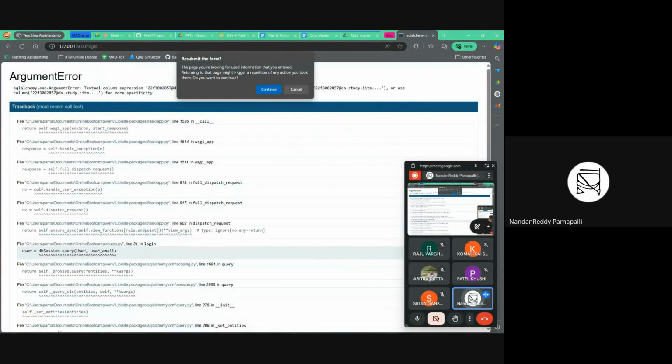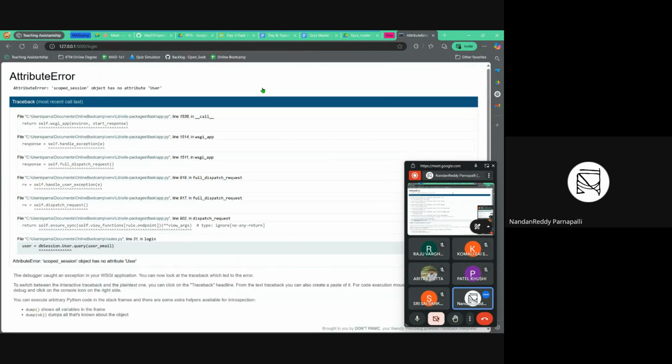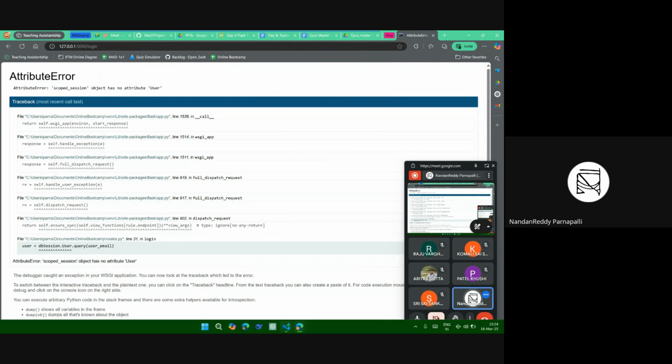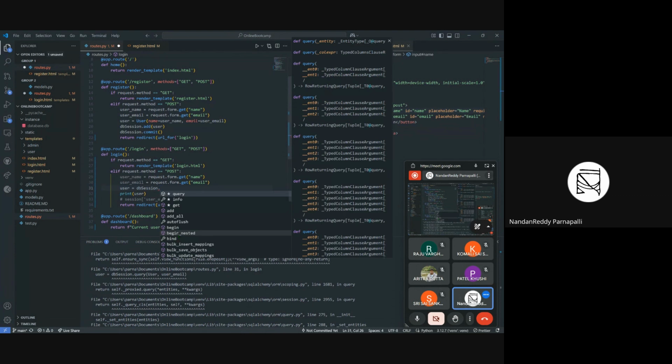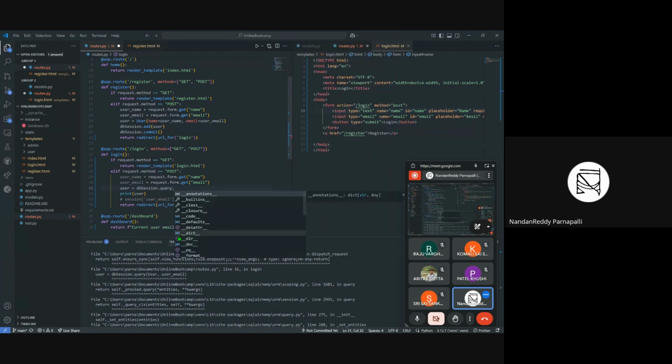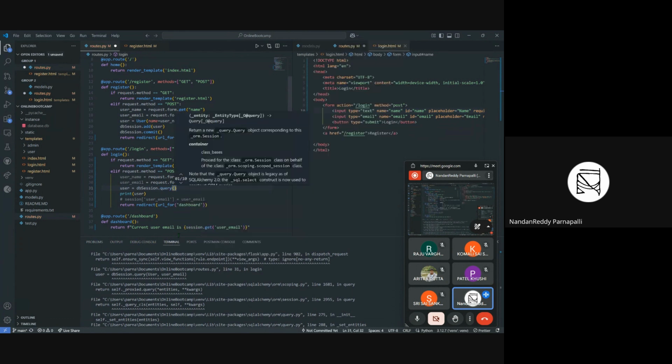So I'm refreshing and resubmitting the form. Yeah, scoped session object has no attribute user. Okay, so it's not correct. Not query dot user. Query session dot query dot query of entity type and query. Return a new query of, okay,